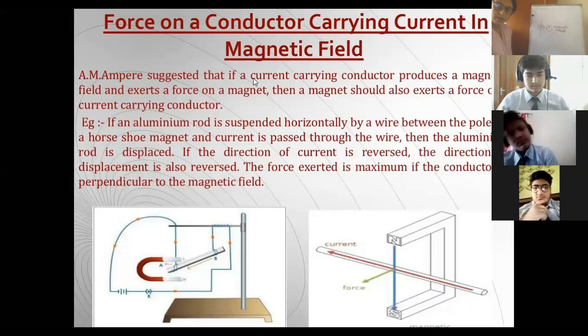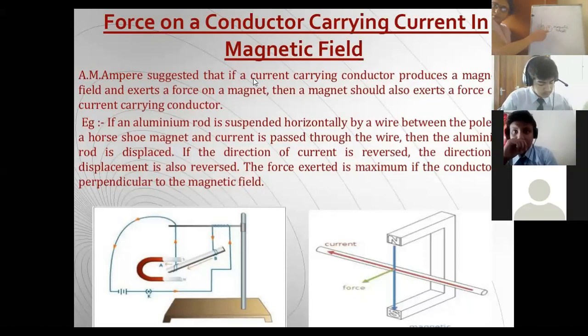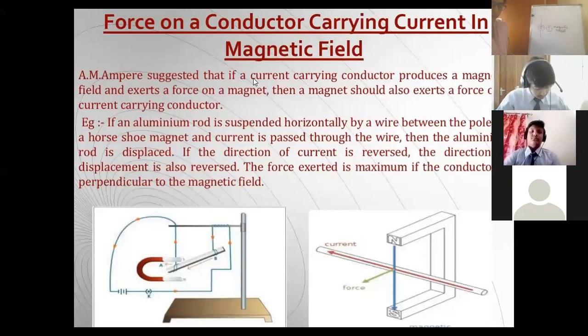It means that because of the current flowing through the conductor, a force is exerted on the magnetic needle. It's only because of that force that it comes in motion. We have already discussed that the magnetic needle comes in motion once the current flows through the conductor, because there is an interaction between the two magnetic fields: one because of the current, and another because of the magnetic needle.